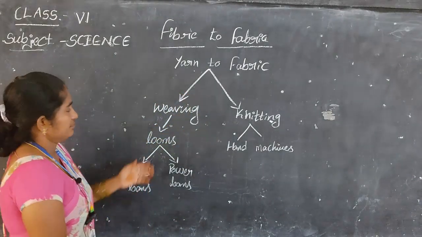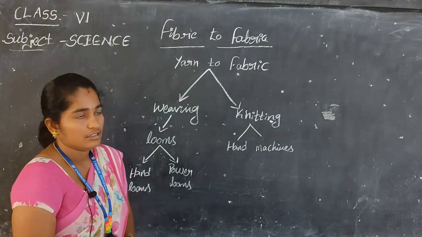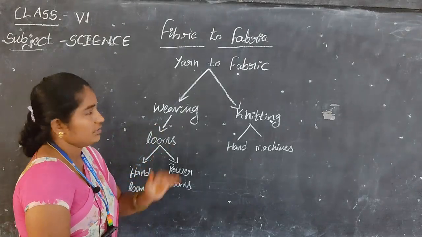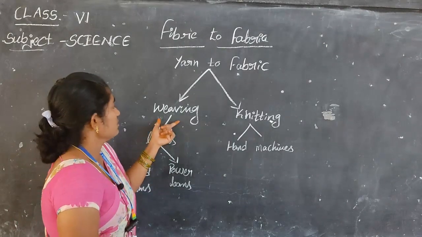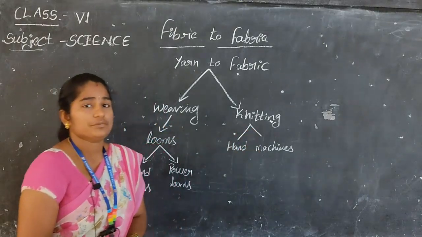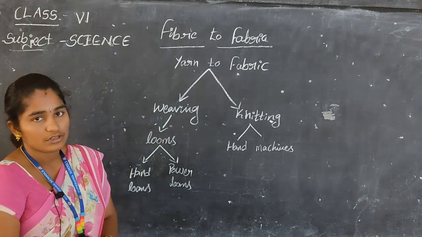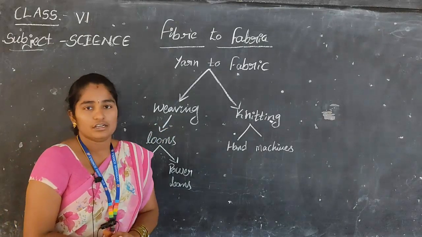The first method is weaving, and the second is knitting. These are the two types of process to make yarn into fabric. Then, what is weaving? Weaving is